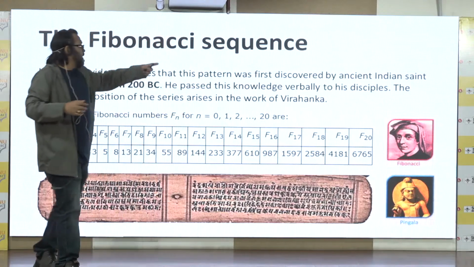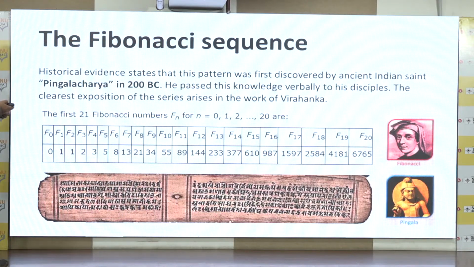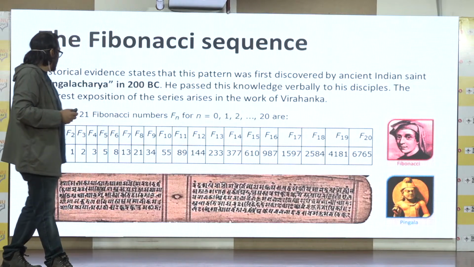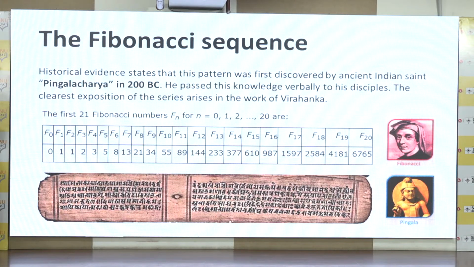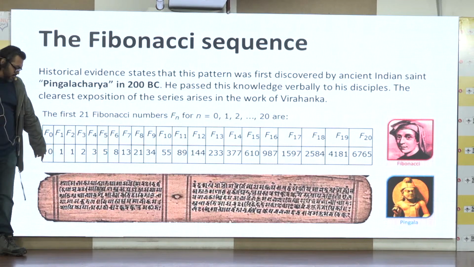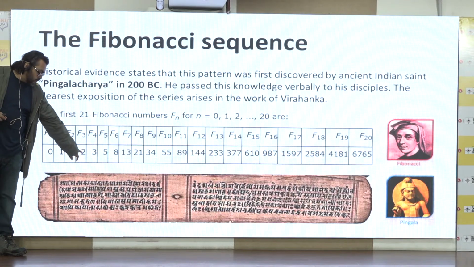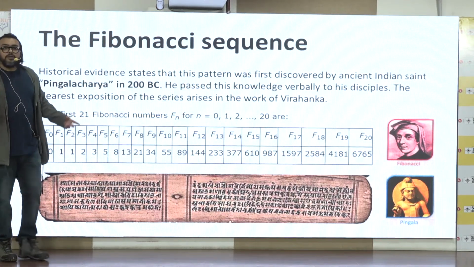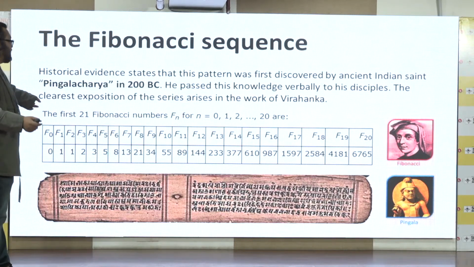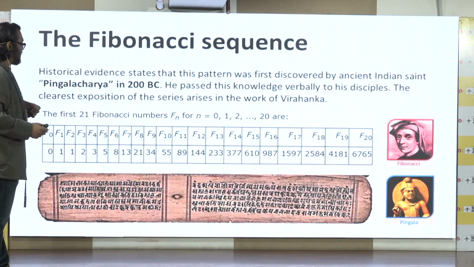Now, Leonardo Fibonacci was a pioneer in this. That's why we call this system a Fibonacci system, where we start with 0, then 1 and 2. So if we add the previous number, we get to the next number. That is called a Fibonacci series.